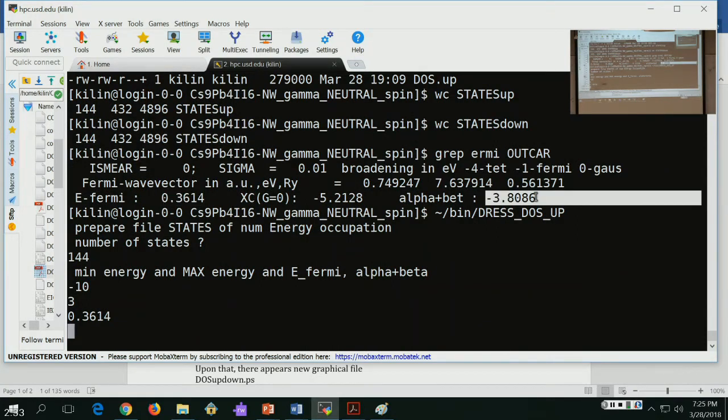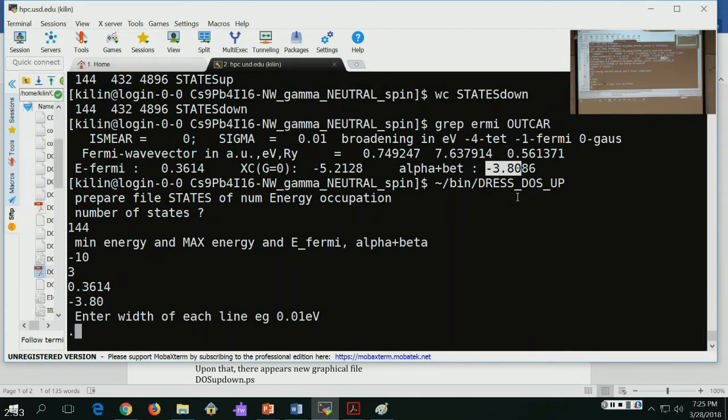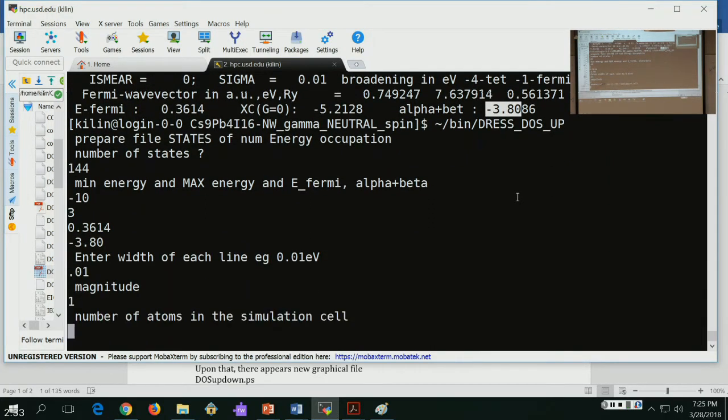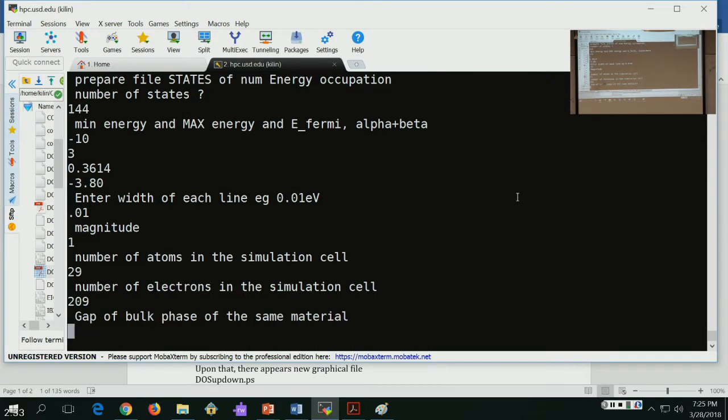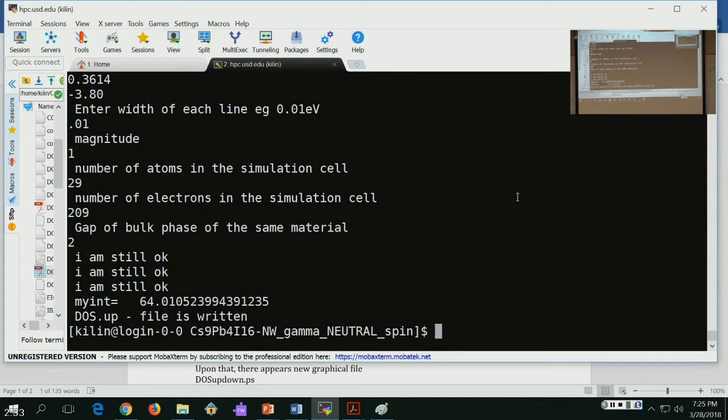Alpha plus beta negative. Magnitude 1, number of atoms 29, number of electrons 209, gap 2. Okay, after running dress DOS up,